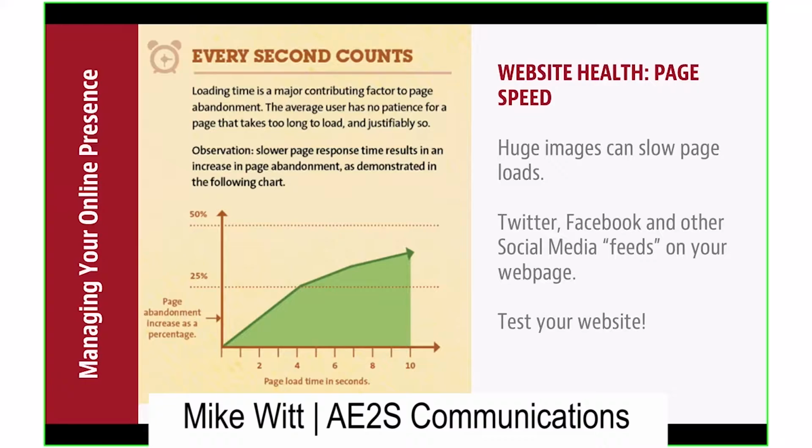So if you're interested, you can test your website. You can test your page load speed at websites like GTmetrix.com. It's a pretty standard website. What you'll see there is you enter your website address, it'll run some tests, and then you'll get a letter grade, and it's color coded. If you see yellow, orange, or red, that's not good. And then below that, it tells you why you're seeing those. And I guarantee you'll see one about images.